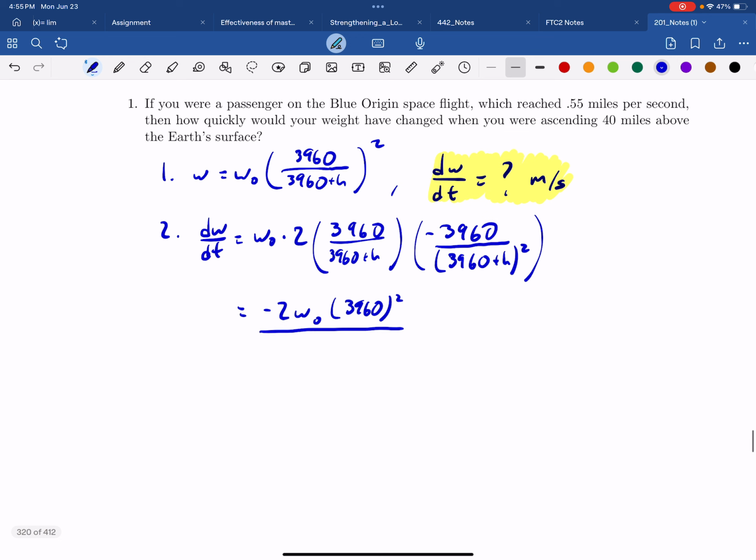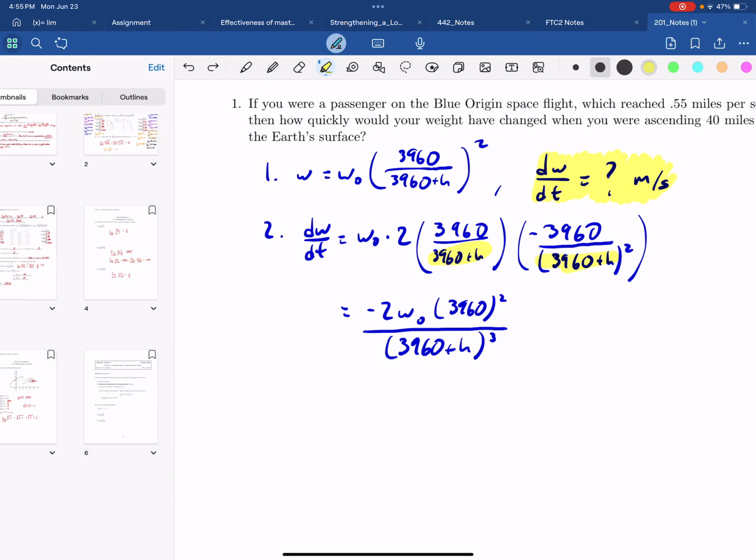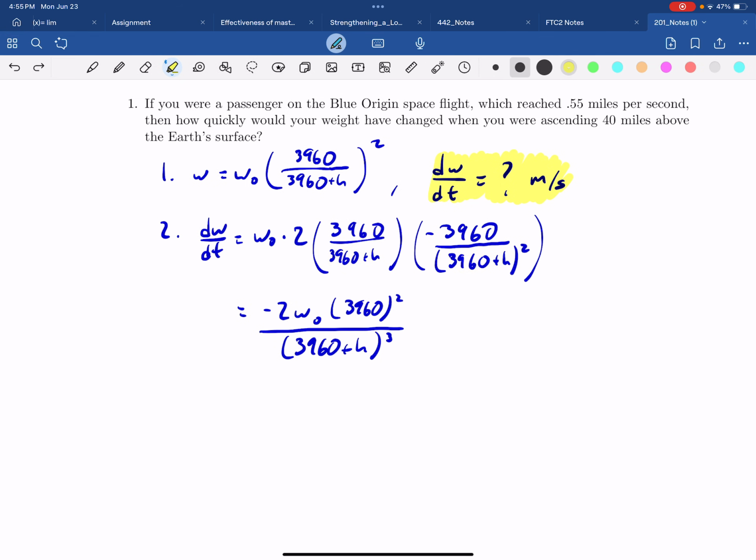Okay. Note that that negative sign came up front. Don't forget about that negative sign, please. All right. And then we're going to get on the bottom 3960 plus h cubed. Right? All right, because you've got this and this become this. Okay. So then at this point,